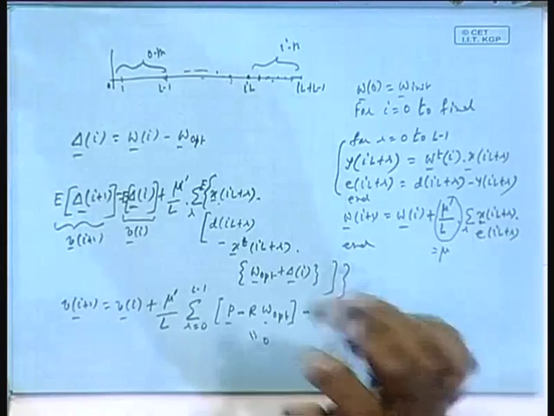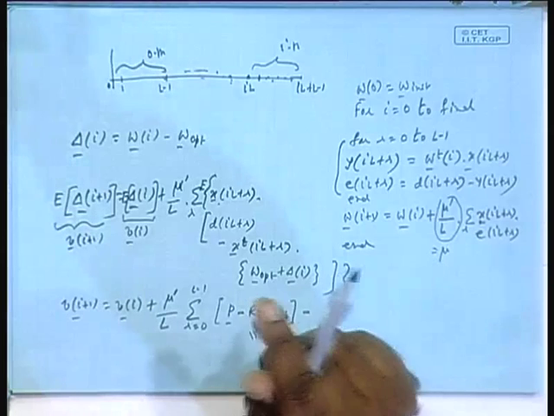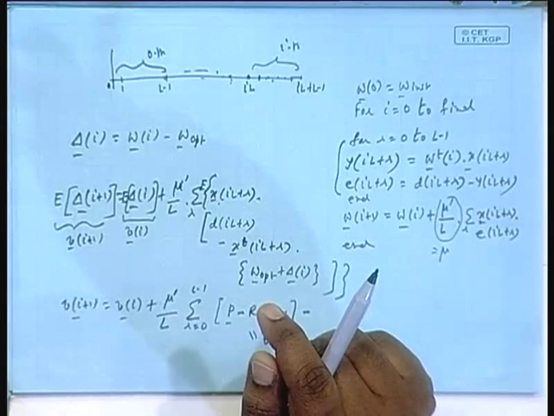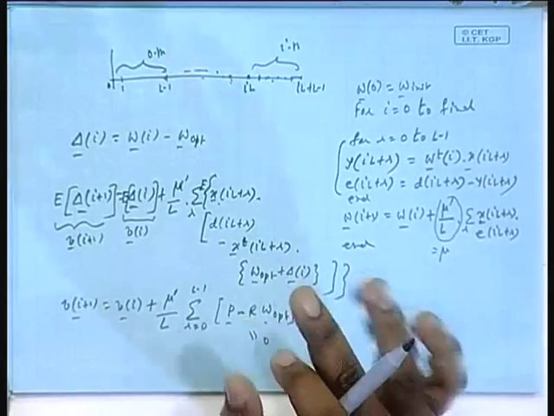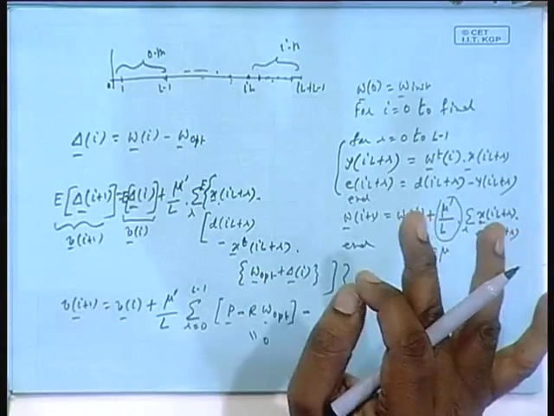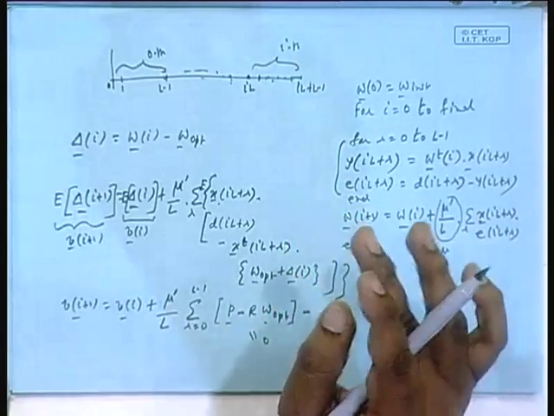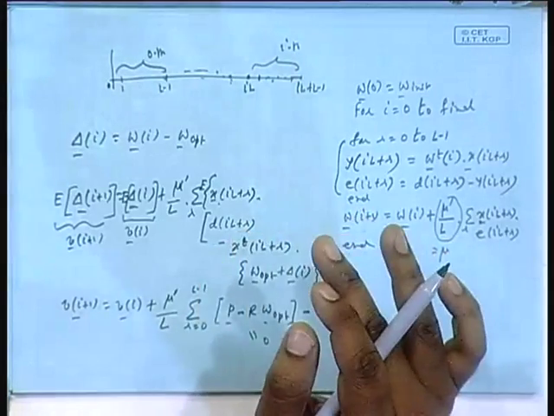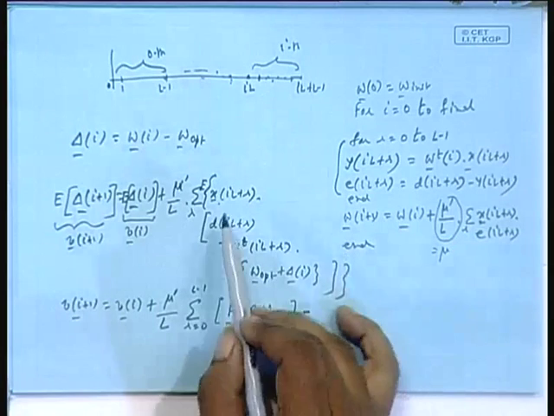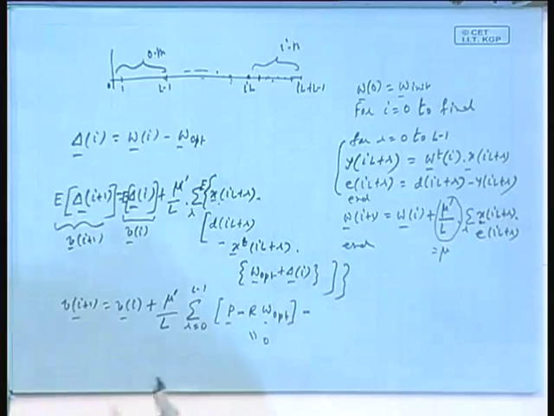Why statistically independent? Because I told you uncorrelated does not help us much. That is, uncorrelated means what? If there are two variables x and y, E of xy equal to E of x into E of y. But if I then come across a situation that E of x square y or E of some f of x into g of y, I cannot separate out. But if they are statistically independent, if the probability density of xy is equal to p of x into p of y, I can then have E of any f of x into g of y is E of f of x into E of g of y. That kind of thing will come here, because obviously you see x and x transpose, there are those square terms coming up, isn't it? And then delta I. That is why statistical independence is used.